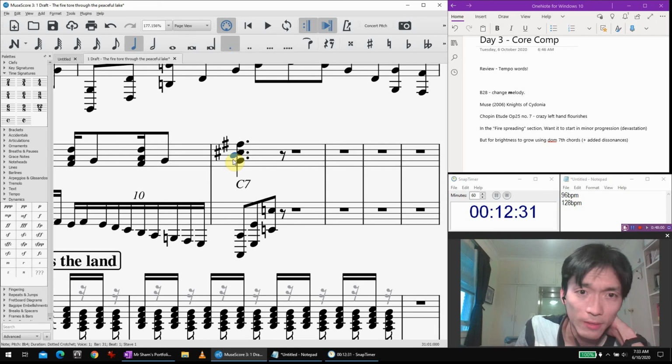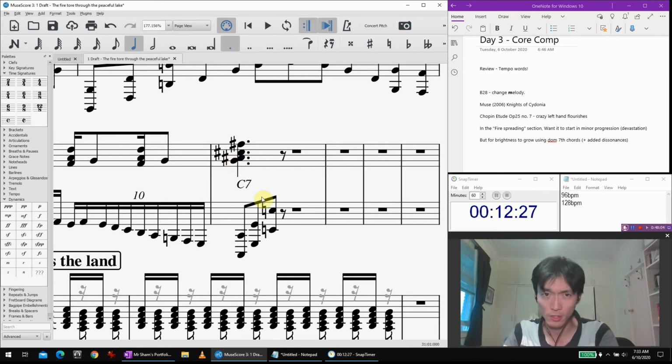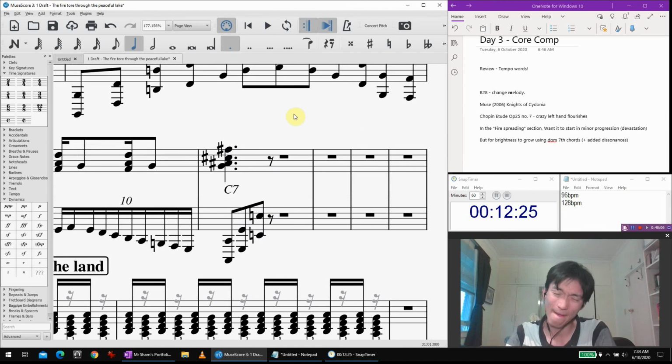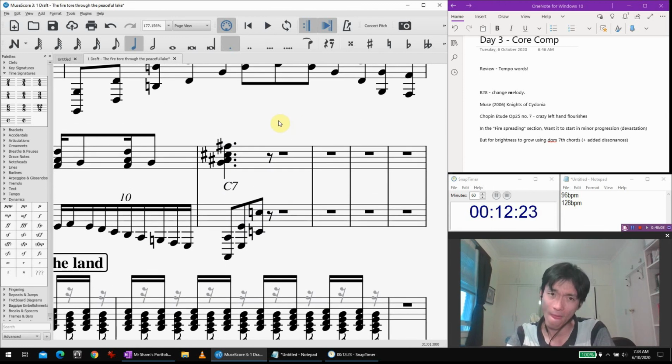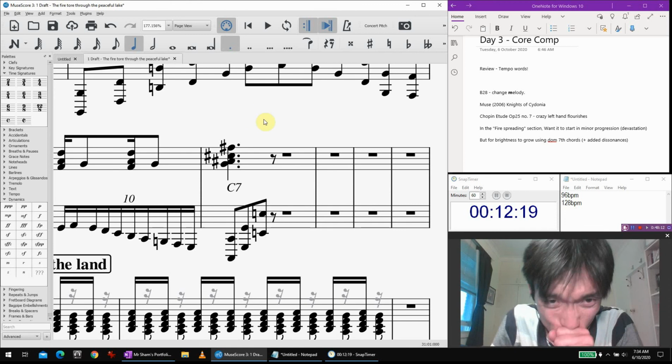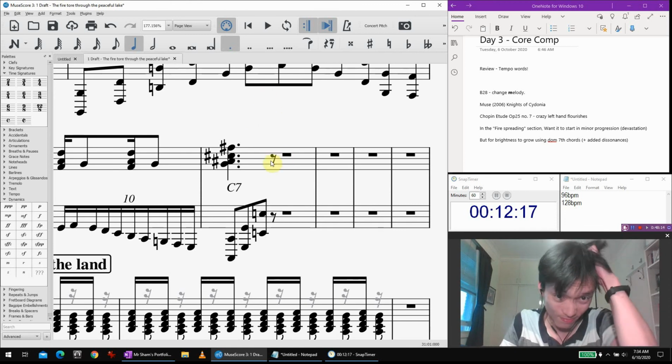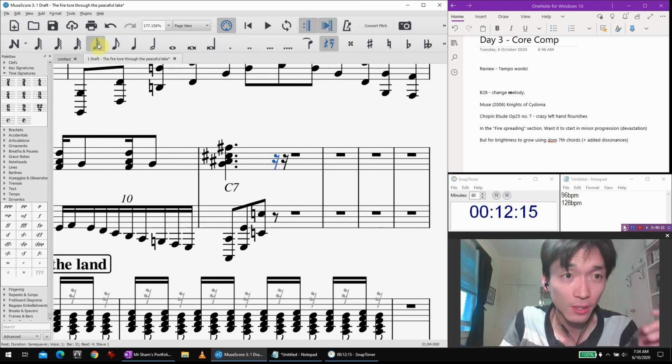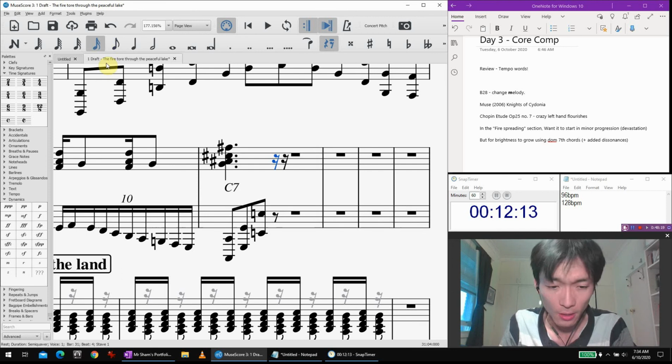Wait a minute, what am I doing? Okay, let's try this chord. Ooh, I just don't know what I'm doing. It's very confusing. Let's just try it though.